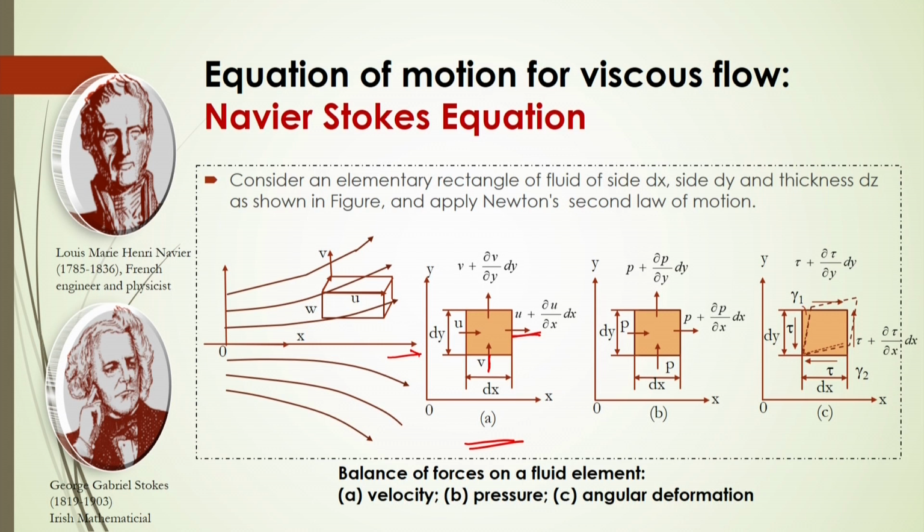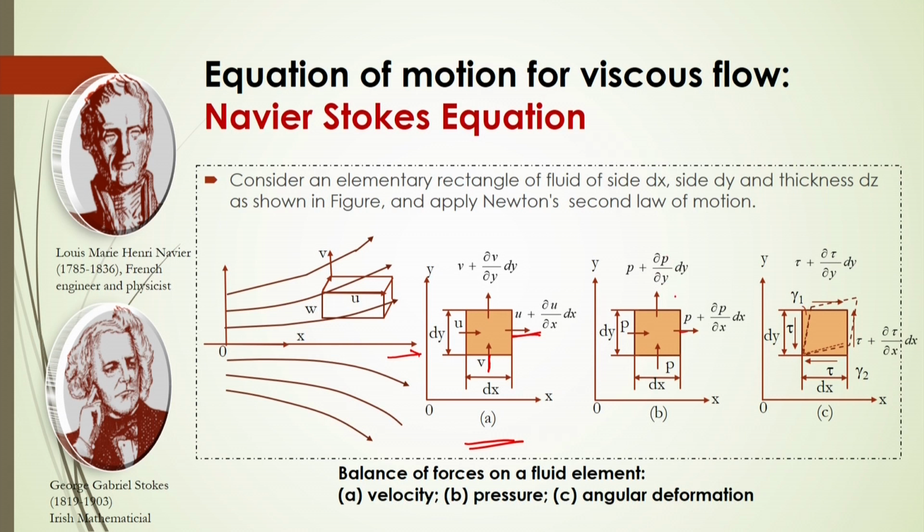And similarly, we can represent the pressure change in the x and y direction. In the x direction, if we apply some pressure here as P, then on the other side of this stream, what should be the pressure acting? That will be an increase or decrease of pressure based on the movement of that fluid element. So, it will be P plus ∂P/∂x into dx. So, in this x direction, at a strip length of dx, the change of pressure will be P plus ∂P/∂x dx. Similarly, in the y direction, pressure will change from P to P plus ∂P/∂y into dy.